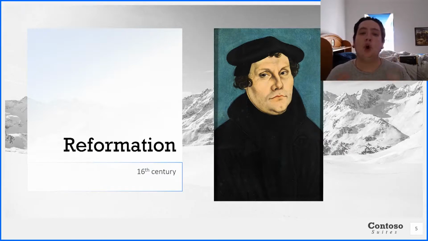In 1547, Holy Roman Emperor Charles V defeated the Schmalkaldic League, an alliance of Protestant rulers. The Peace of Augsburg in 1555 brought recognition of the Lutheran faith into the Holy Roman Empire. But the treaty also stipulated that the religion of a state was to be bound by that of its ruler. And that meant that the rulers of the different Germanic states dictated what the religion of the state was to be. Would it be Protestantism, Lutheranism, or would it be Catholicism? Different shades of that. It depended on the ruler.